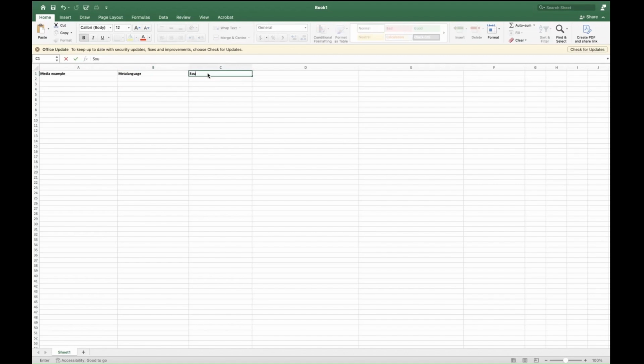Third column, source/URL. So that's basically the website link. Fourth column, context. I'll explain in a second. E stands for elaboration.